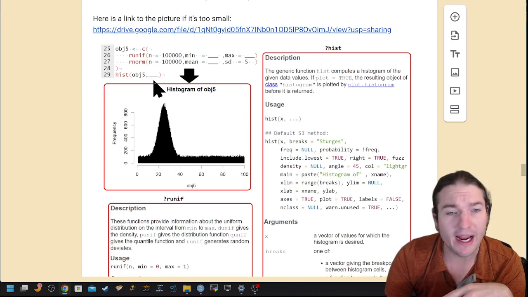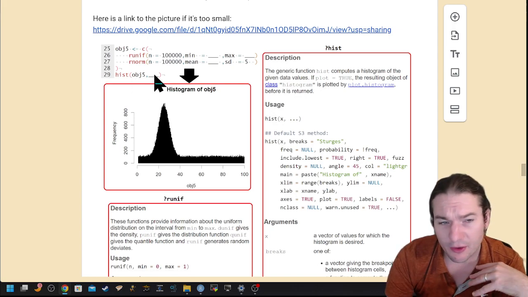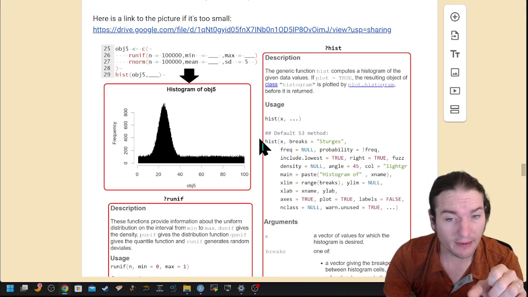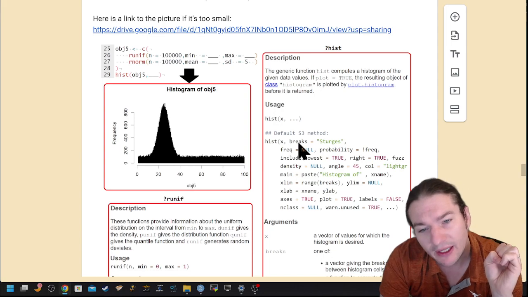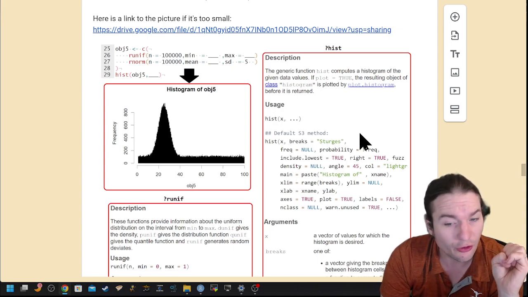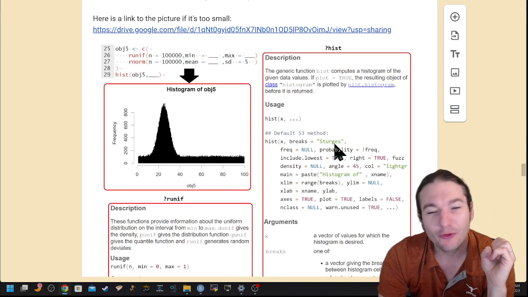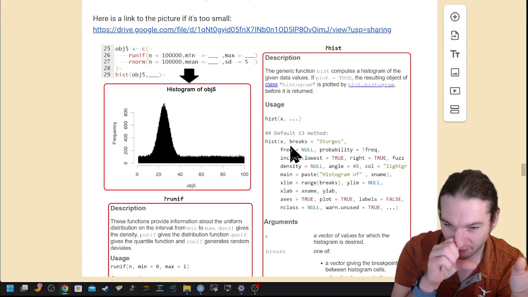Finally, this last break was the second argument in histogram. Neither one of these arguments were named, which just means it's going to be based upon the order in the documentation, which makes object 5 the x. And the second blank will have to be applied to breaks. Sturges is the default value for breaks, but you've seen a few examples of hist in my class.